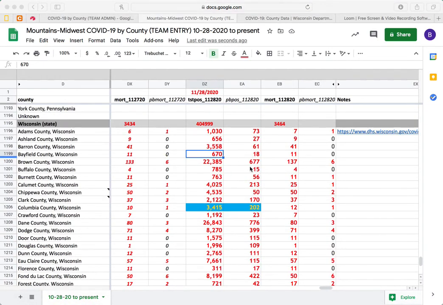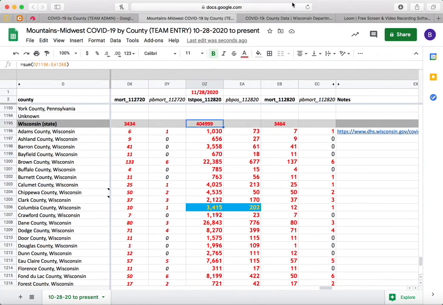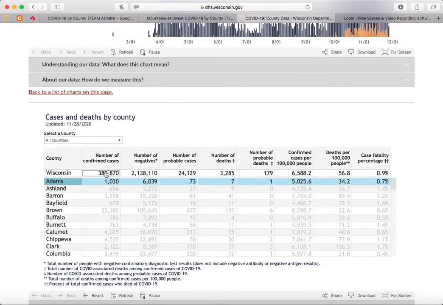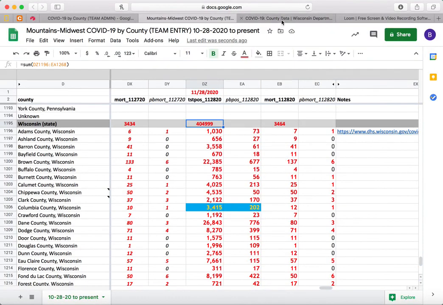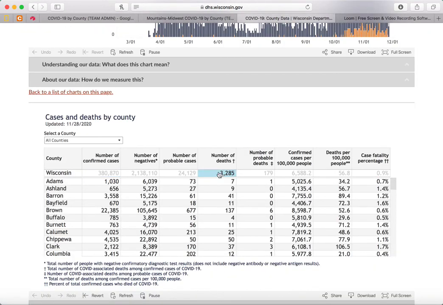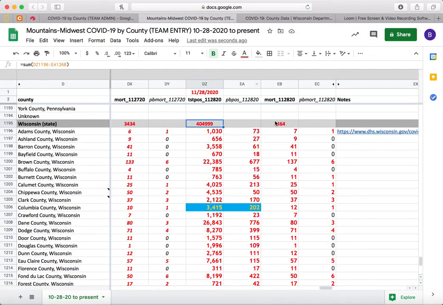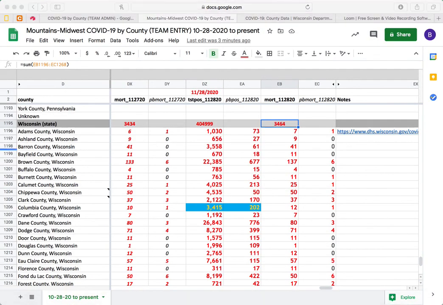Once I'm done entering the data for the state, I can go back to the website and compare the totals of cases and deaths to make sure everything I filled out was good. So if I go back, these are the totals I have, and if I go back here, the total for Wisconsin, if I added the confirmed cases and probable cases, I should get this number, and if I added this number and this number, I should get this number. If the totals do not match up, I would go back and double check my data. This helps find simple mistakes in the data. On some